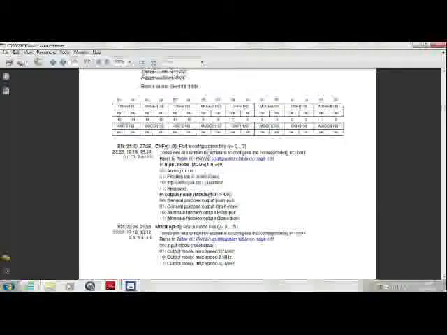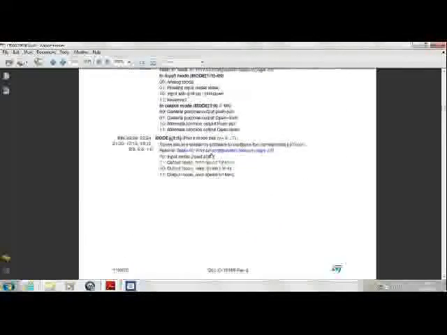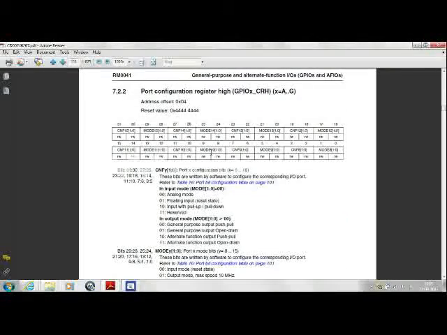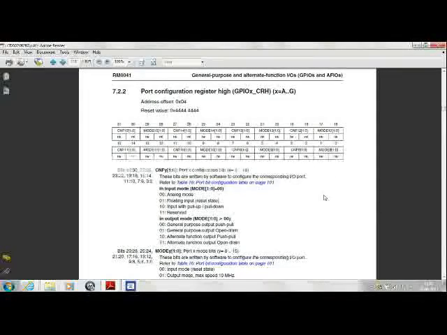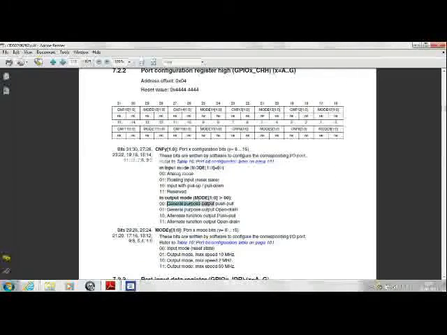Now we'll come to the register. For bits 8 to 15, that is MODE8, CNF8, we have to use the GPIOx CRH register, that is the high register, and we want to select the general purpose push-pull output clocked at 2 megahertz.